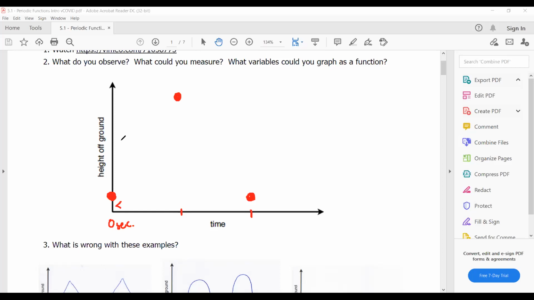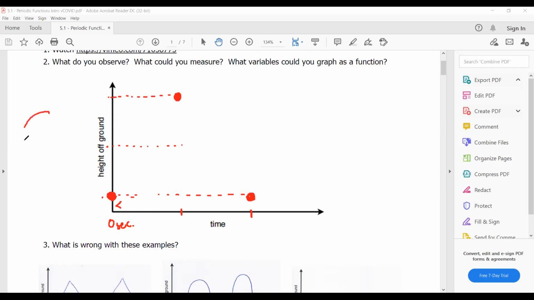What I also want to mention is between the maximum height and the minimum height, right? Because that's the minimum. The Ferris wheel isn't going to crash into the ground. This is as low as the Ferris wheel could possibly go. At the middle,